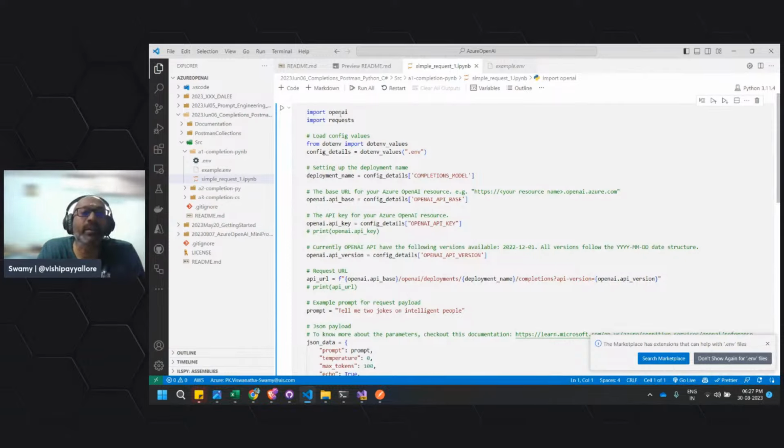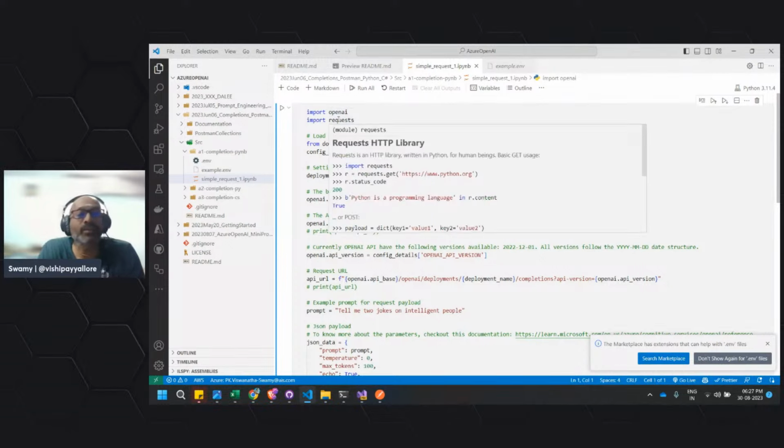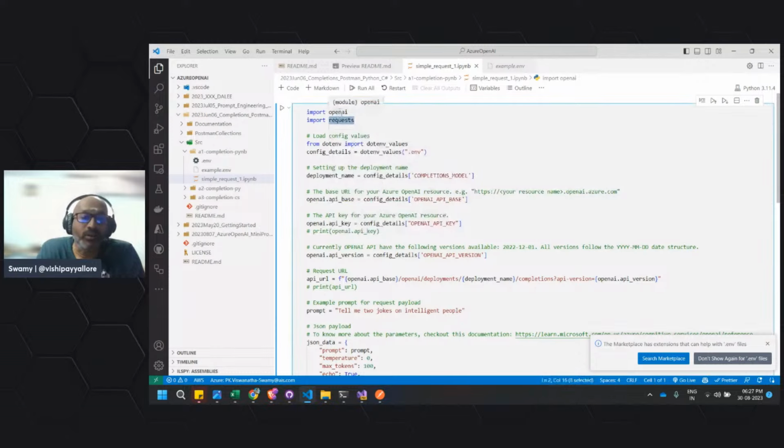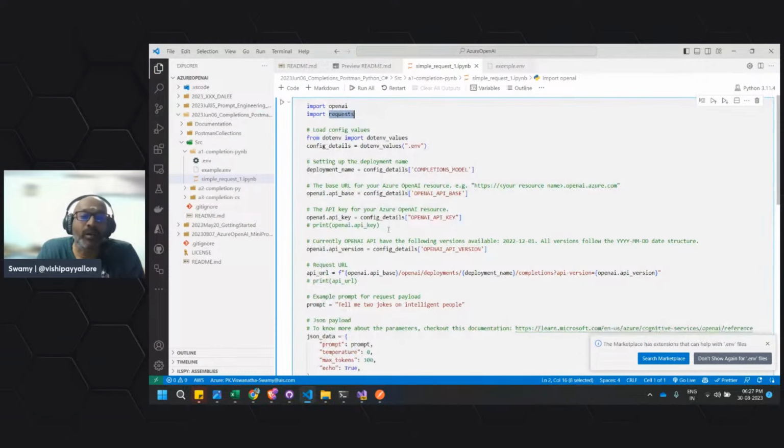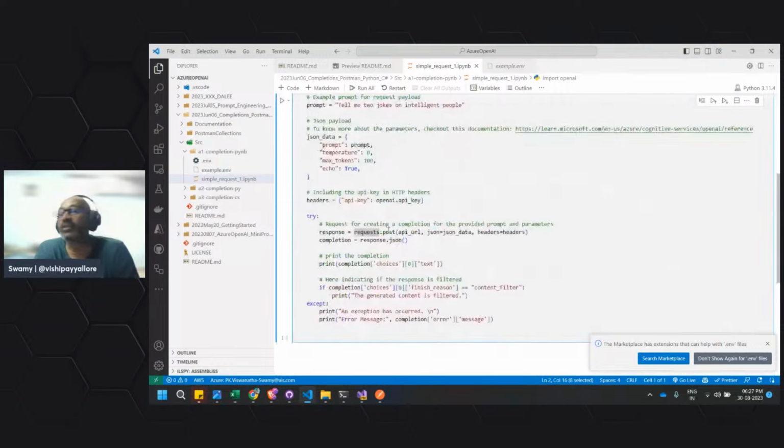And you see this one, we are taking the OpenAI and request. So here please observe that I'm not using the OpenAI object to its fullest, which we will see in the next episode. Here I'm using the request.